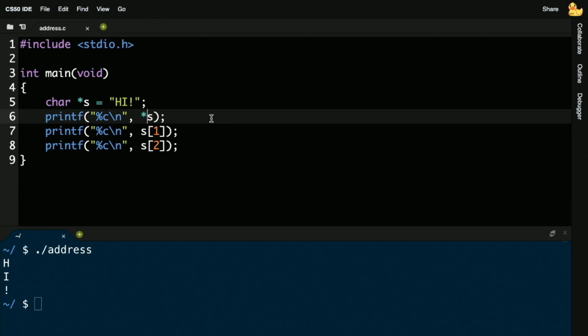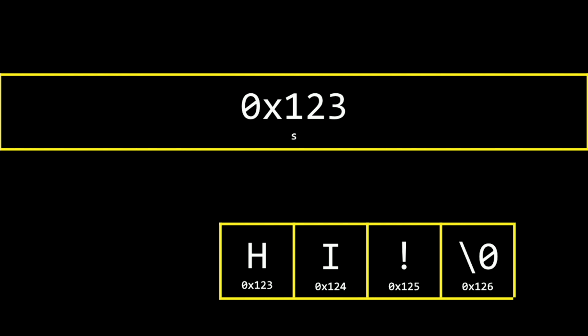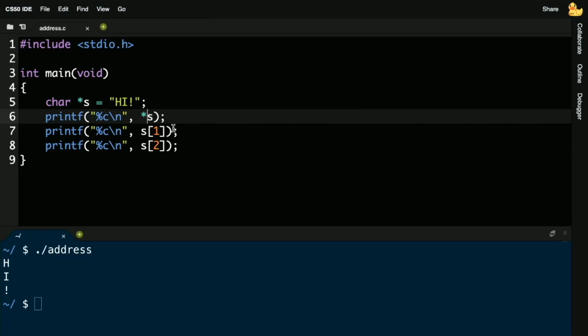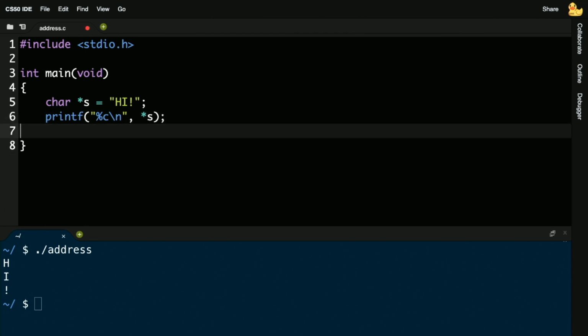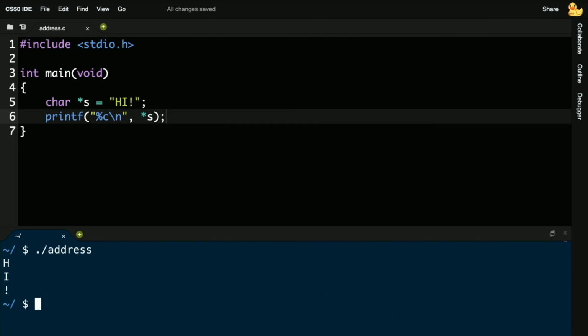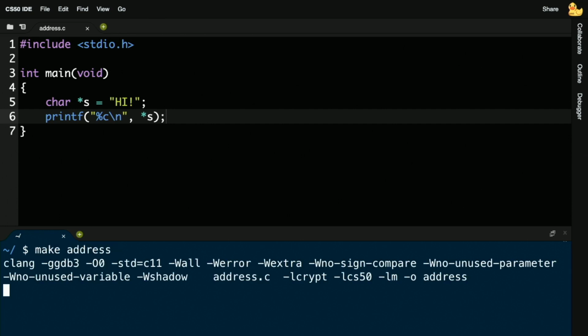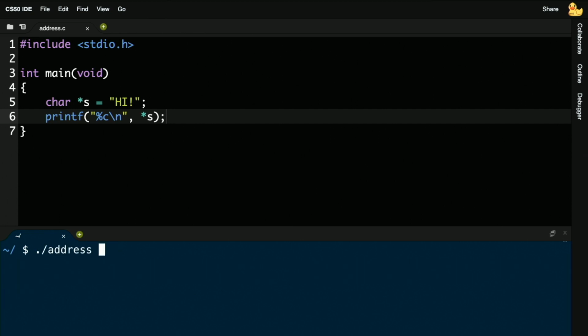So if s is storing an address, which it is by definition of being a pointer, *s means go to that address. And per my picture earlier, it would seem to be the case that s is most likely at an address beginning at like 0x123. It's not going to be the same in my actual IDE here. It'll be whatever the computer has ordained, but it's going to be the same exact idea. So let me go ahead and go to *s. And just for kicks, let me leave it as just that one line. So let me go ahead and rerun this as make address. All right, and now ./address, and I should see hopefully a capital H, and only an H.